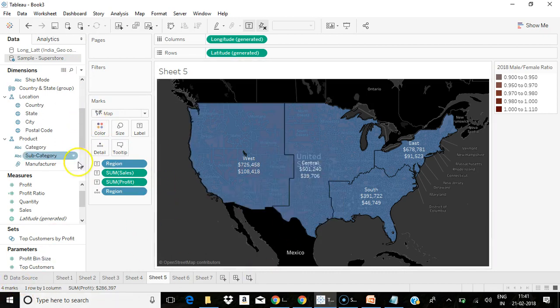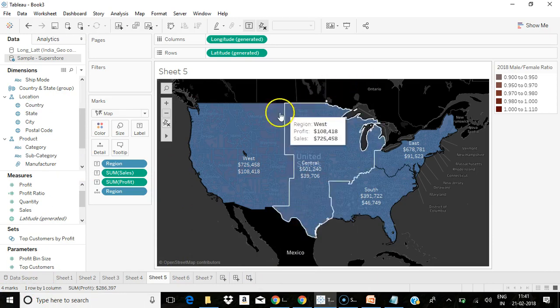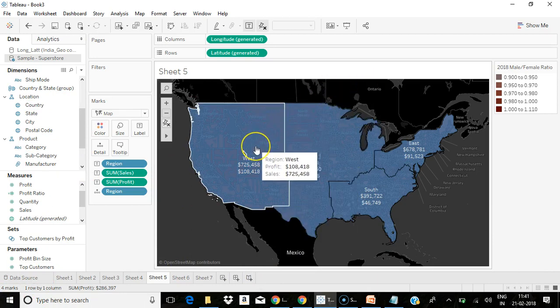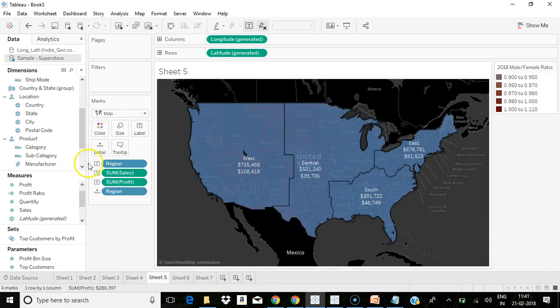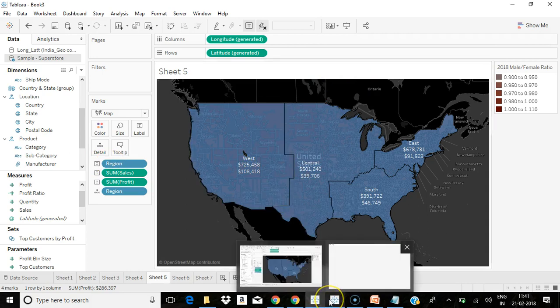Since we already have the values mapped correctly, it's not taking it up. Let me show you an example where it is being referenced by a custom geocoding.